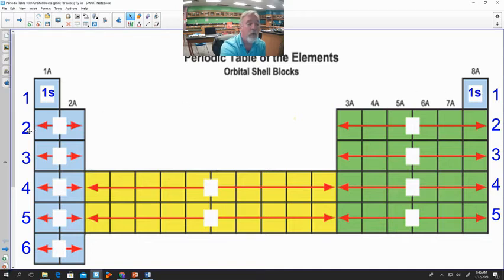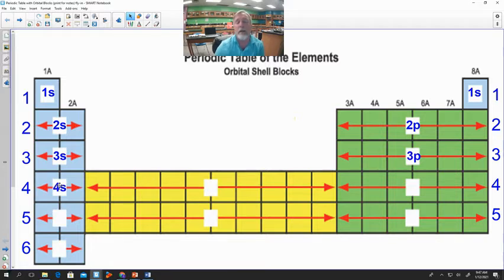Down here, now we're in period 2. Period 2 tells us our energy level 2, and in the blue part here, that's our 2, and the s block. So this is our 2s. This is where we're filling up our 2s electrons. Keep going to the right, we get to this green area. This is where we're filling up our p block of electrons. This is where we're in our period 2, energy level 2, and we're in the p block. And then energy level 3, we're in the s block over here on the left. And we're going to go over here to the right, we have a 3p. And we can keep going, and we have a 4s.